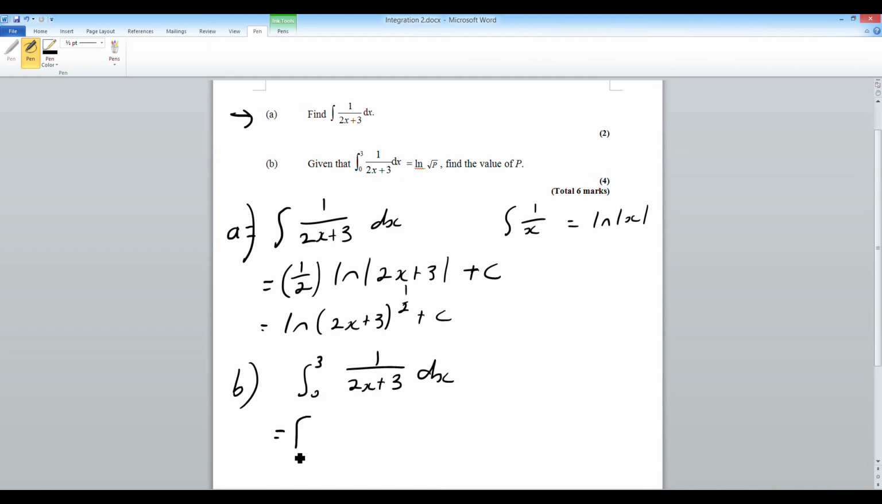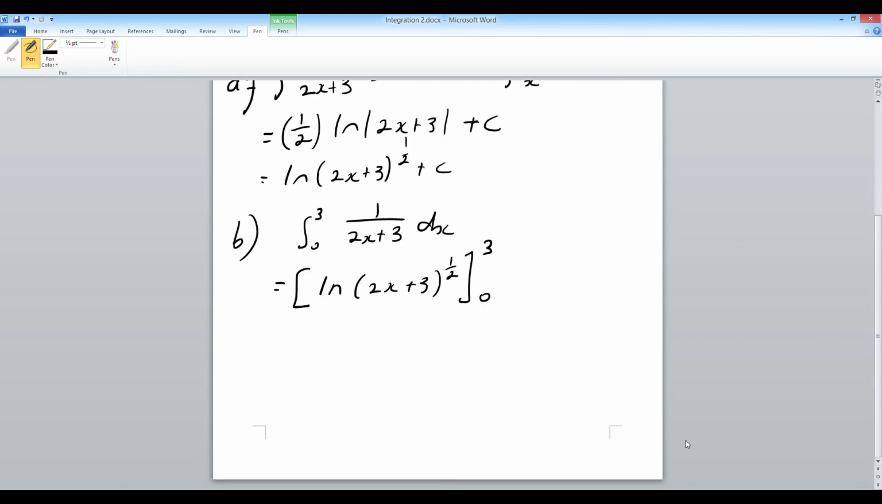So I'm going to say this is equal to square brackets. I found my integral to be the natural log of 2x plus 3 to the power of a half, or I could have left the half in the front, it would not matter. Actually, it will be better because I'm going to substitute in the values, so I'll leave it as a half. So I'm going to get a half, the natural log of 2x plus 3. So 2, and instead of x, I'm going to substitute in this 3 here. 2 times 3 is 6, plus 3 is 9. So the natural log of 9